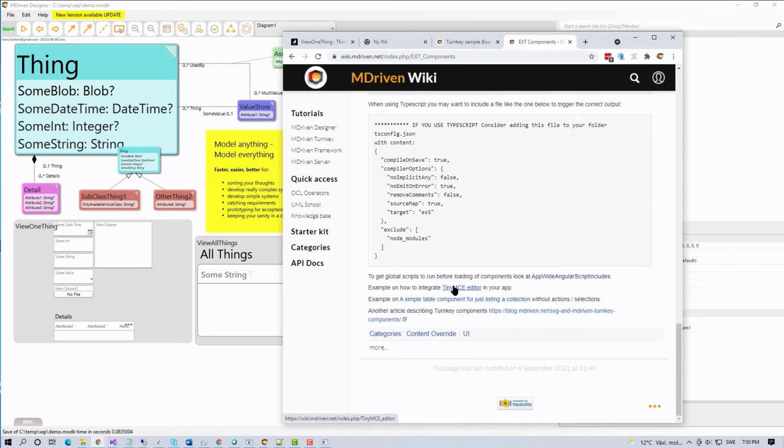So the TinyMCE editor doesn't have detailed internal data that we control. It's more like the 3D editor, I guess. Of course, you can write data, and that data is saved in a result,